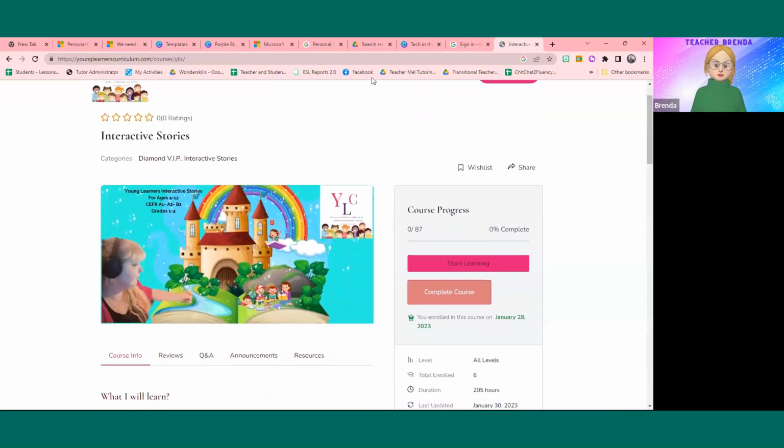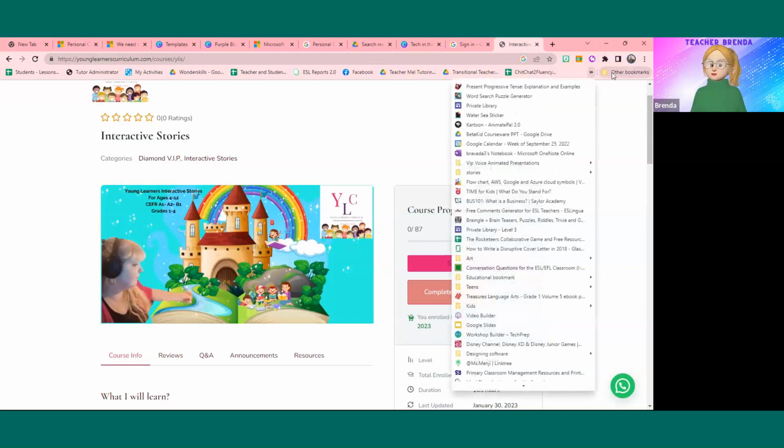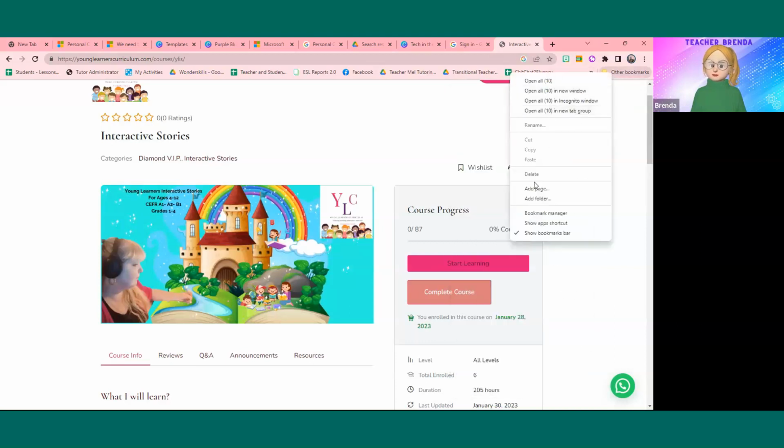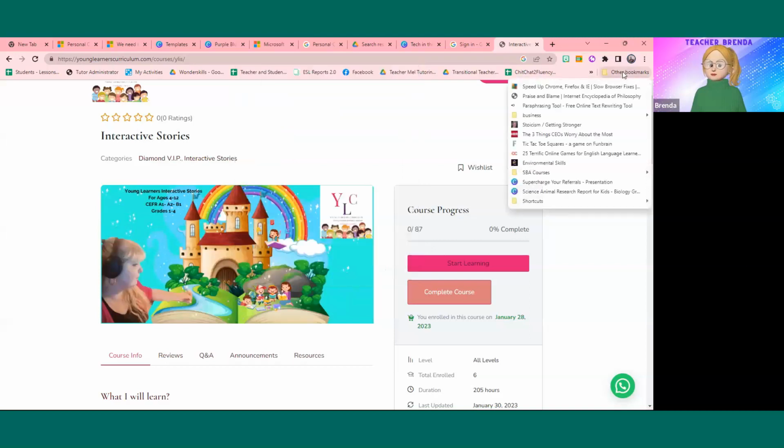Now, if you want to save something really quickly, what I suggest is that you come over here where it says other bookmarks. Right click, add a folder, and write shortcuts, and save. Grab that folder,